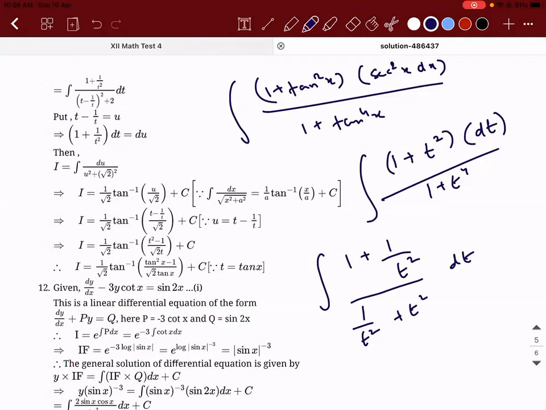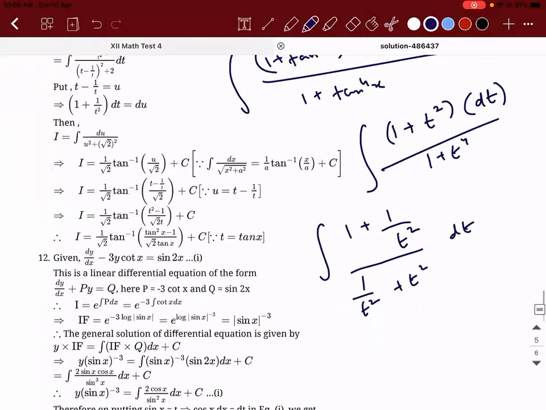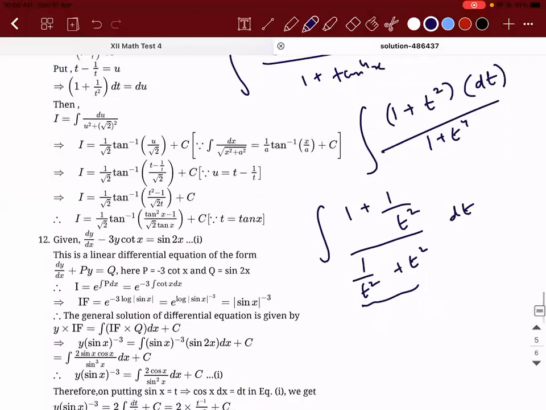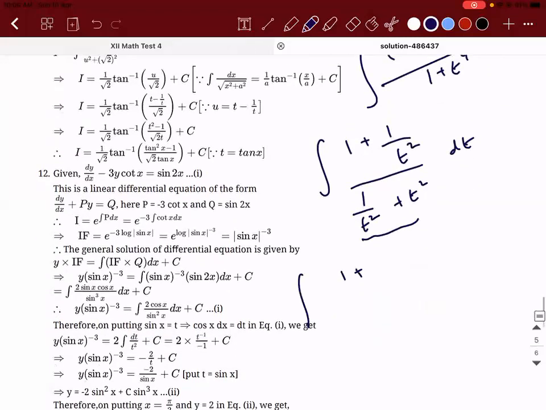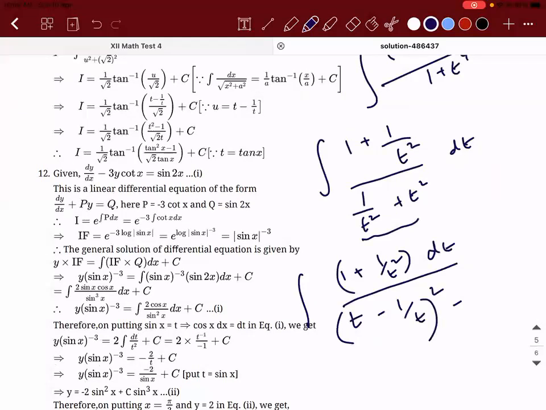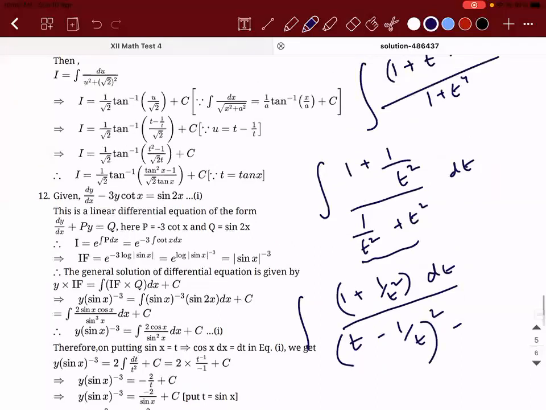I need 1 plus 1 by t square in the numerator. For 1, I need to have t in the denominator. Similarly, for 1 by t square, I need to have minus 1 by t in the denominator. I have none of them. So what I will do is, I will try to write this in terms of t minus 1 by t the whole square minus,